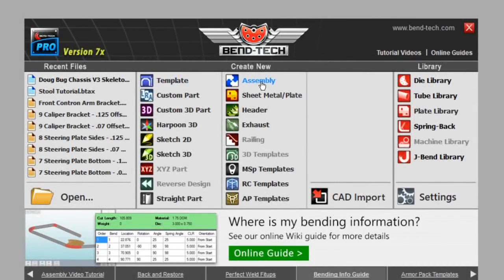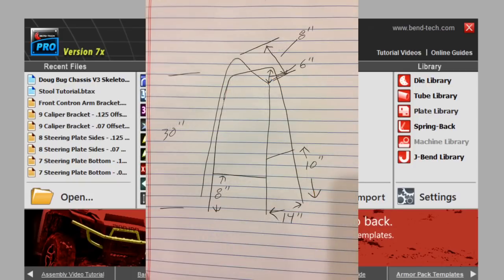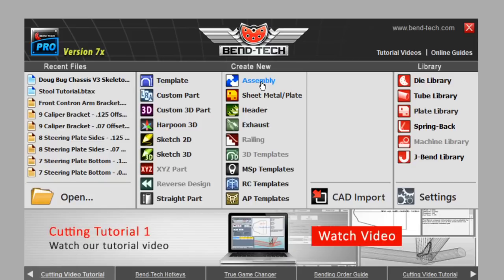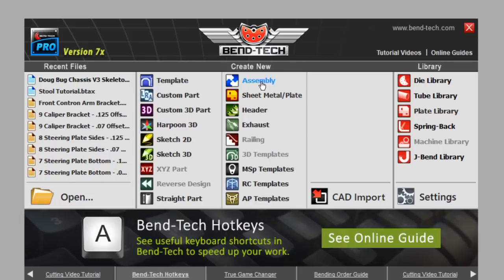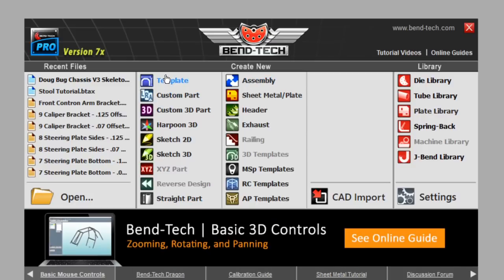So for us working on this test, what we're going to do is draw up a little stool, just a stool that I could use in my shop. I've got a real sloppy sketch of it right here where I just went out and took some dimensions of the stool that I'm currently using, made some changes that I wanted, and then just kind of scribbled it out with some chicken scratch. So we're going to start by just forgetting about all of this other stuff and